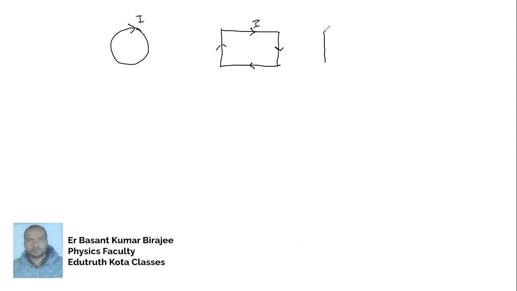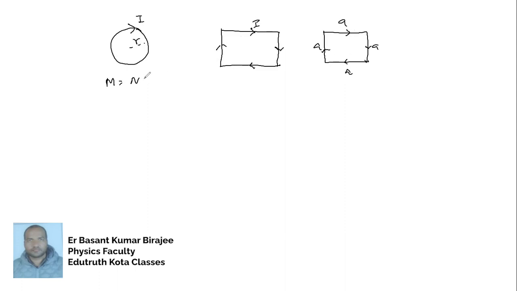Or it may be a square, all sides are the same, equal in length. Now we have to find the magnetic moment. The magnitude will be how much if the current is I and its radius is R, then you have here